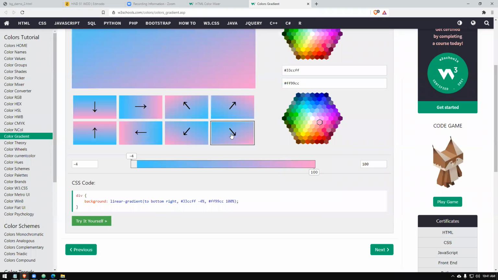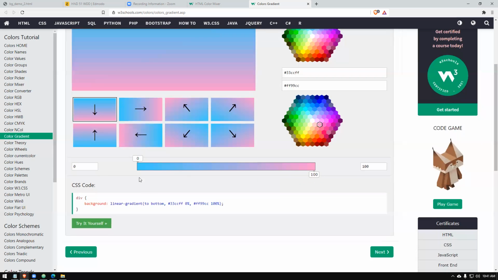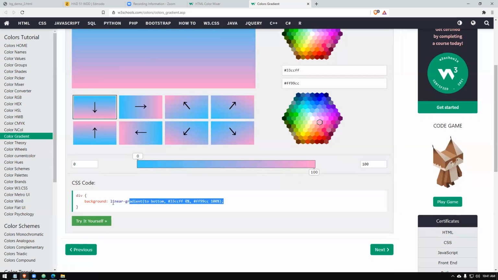Okay, so that can be given. The degree also you can give, I think. Okay, so things are changing, right? Anyways, we will take this and practice once, then we will do.